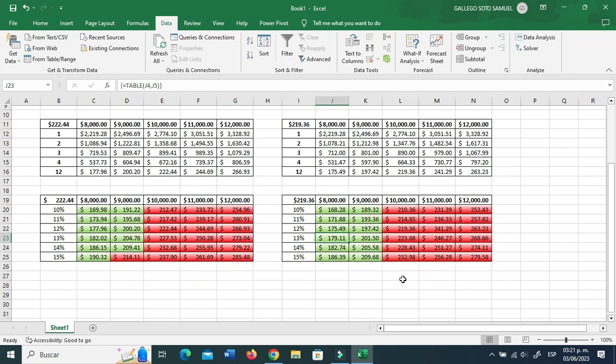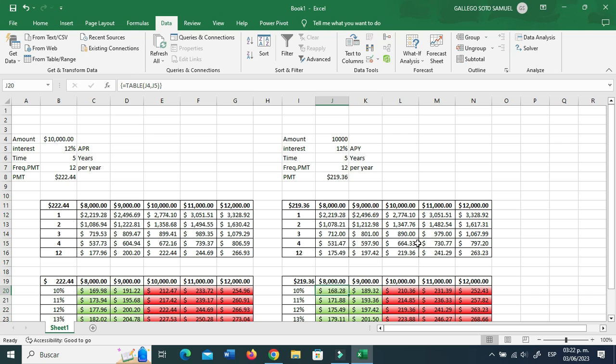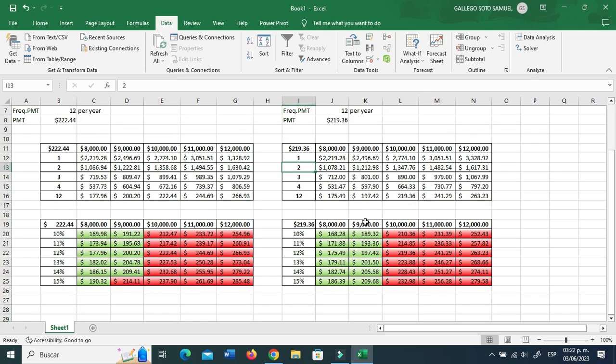I can see it changes a little bit. You have subtle changes, but it's more or less the same. So let's jump right to the amortization table. That's gonna be a lot more fun than this, but this is still a very good instrument for you to